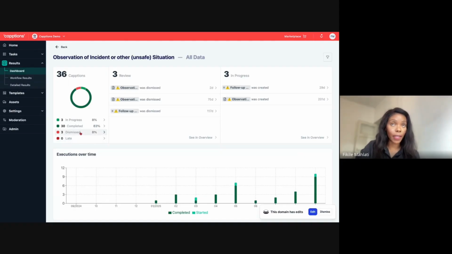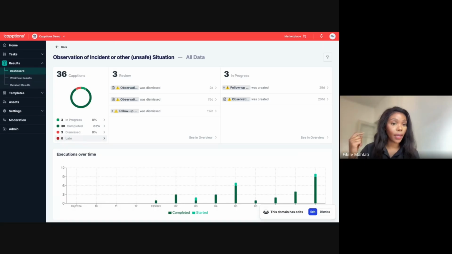Looking at the tasks that are dismissed, this essentially means that for whatever reason, a user in your organization has decided not to continue with the task and has dismissed it. This dismissal of a task stops the entire workflow. So no one within the workflow can continue with any other task if there are follow-up tasks, and the entire workflow is essentially halted. What this late means is that in a particular workflow, you're able to set deadlines